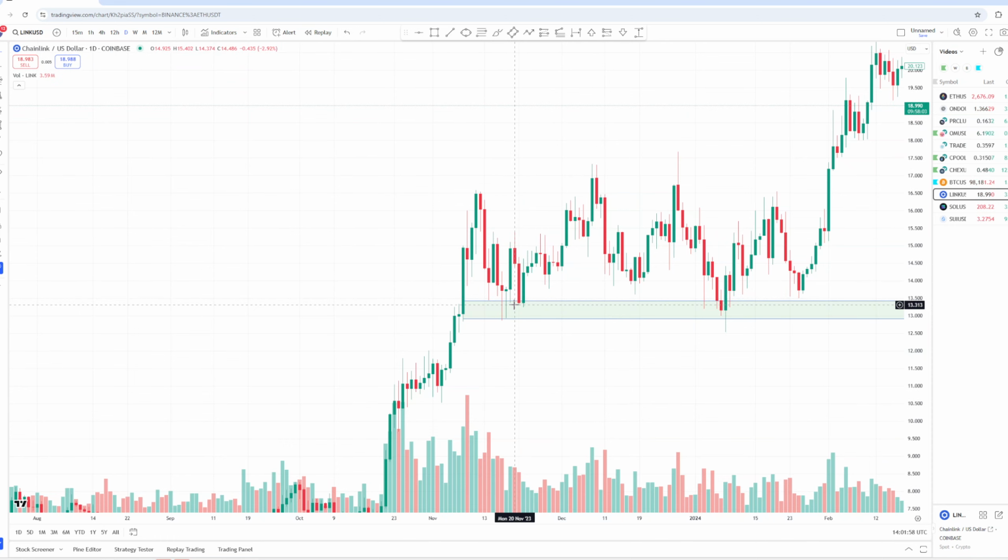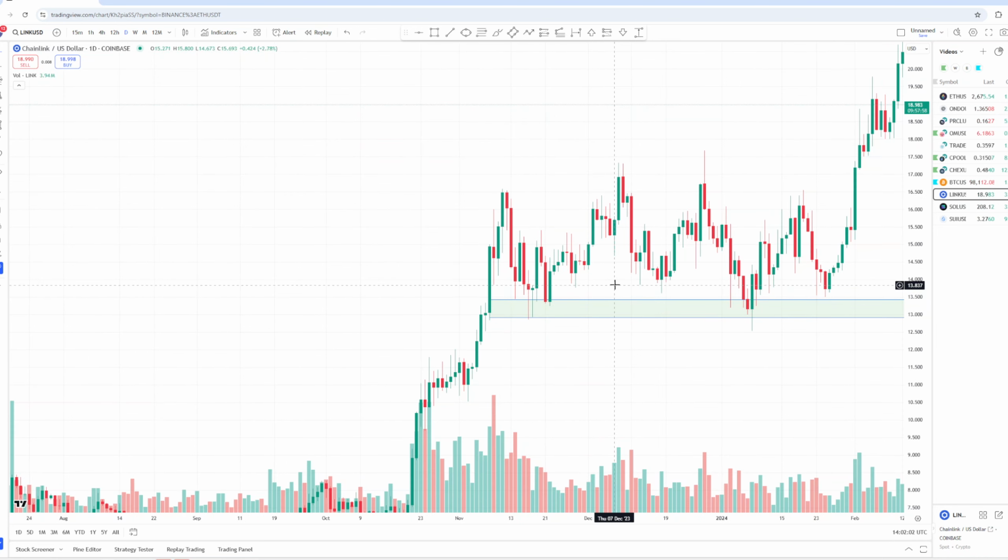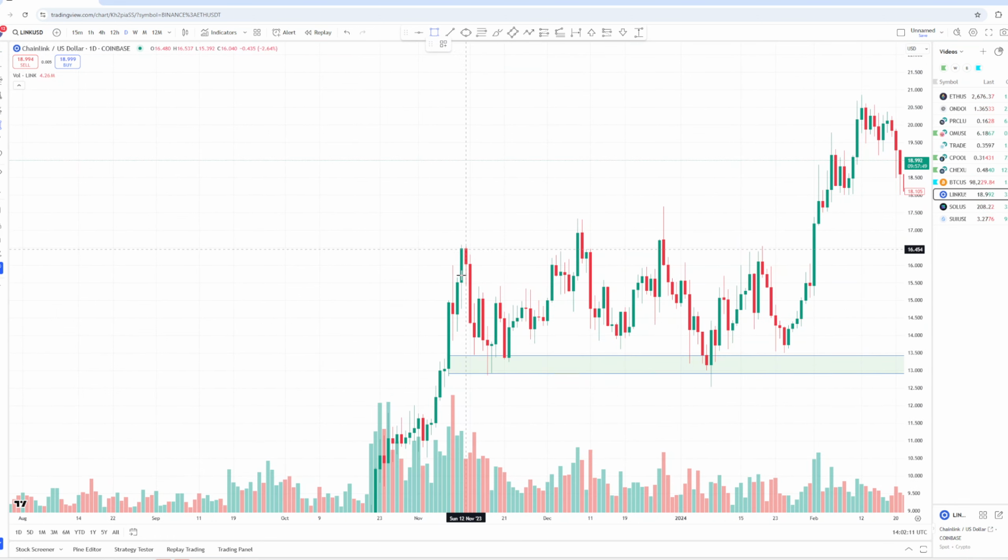We got 1, 2, 3, 4, 5 touches. You can count as you like, just based on what I see right here. And then we got another wick here, another few touches. So for me, this is a very clear level, around $13, again, round number, and very clean range here on